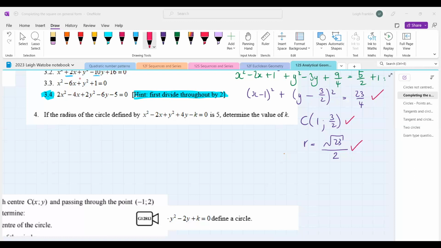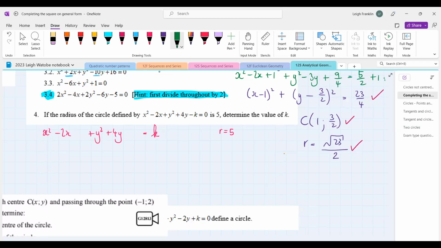So if I just write what you've done, I would end up with x squared minus 2x plus y squared plus 4y. And then I would take the k over to the other side like so. All right. Remember over here that the radius is 5. So you're part of the way, but you're not 100% finished. What else do you think you need to do